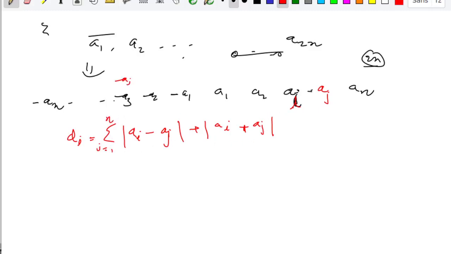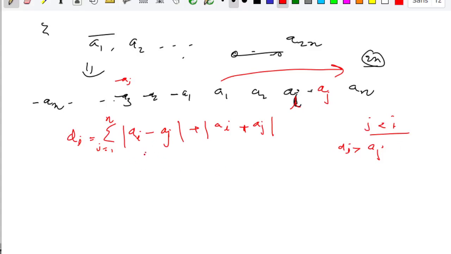So now if you look carefully, if j is less than i, then we will have ai greater than aj, because this is the sorted order.